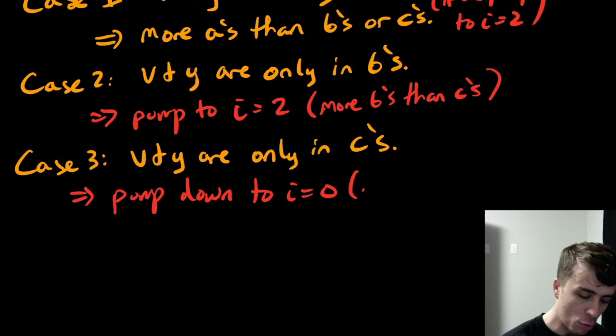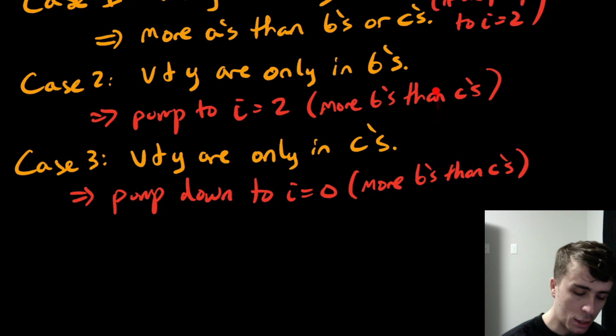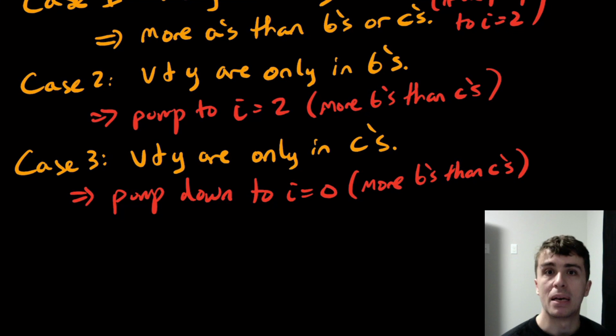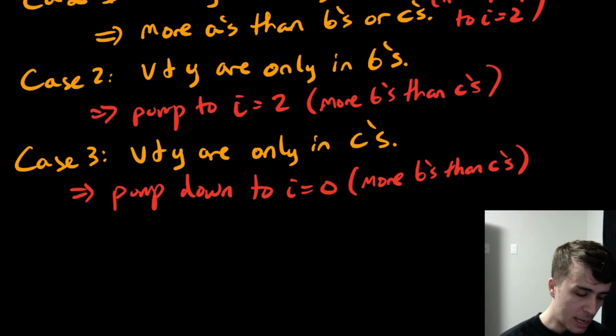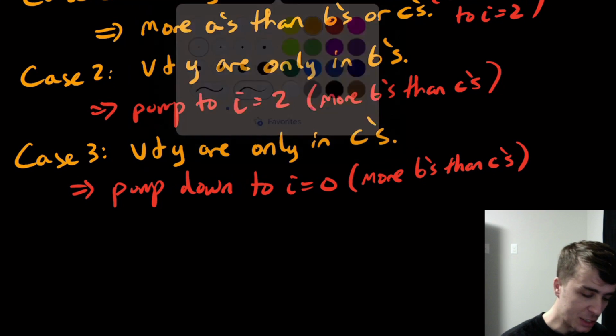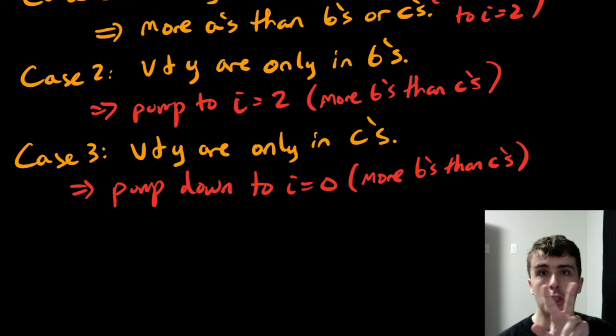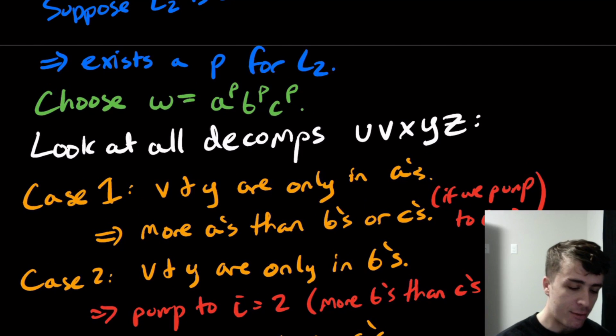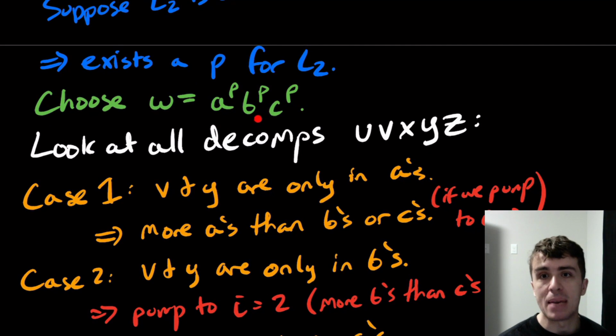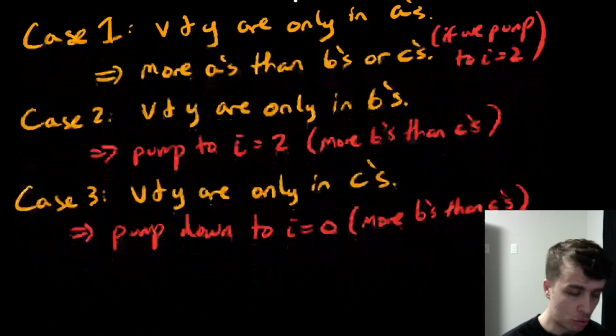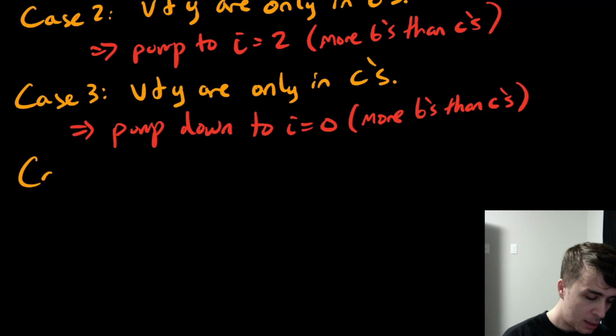So again, here we'll have more B's than C's. It's the same conclusion as the previous case, but gotten in a different way. Okay, well, what about the other cases where it straddles between two segments? It can't have all three segments, again, because of this gap of P characters, which were all B's. So case 4 is where V and